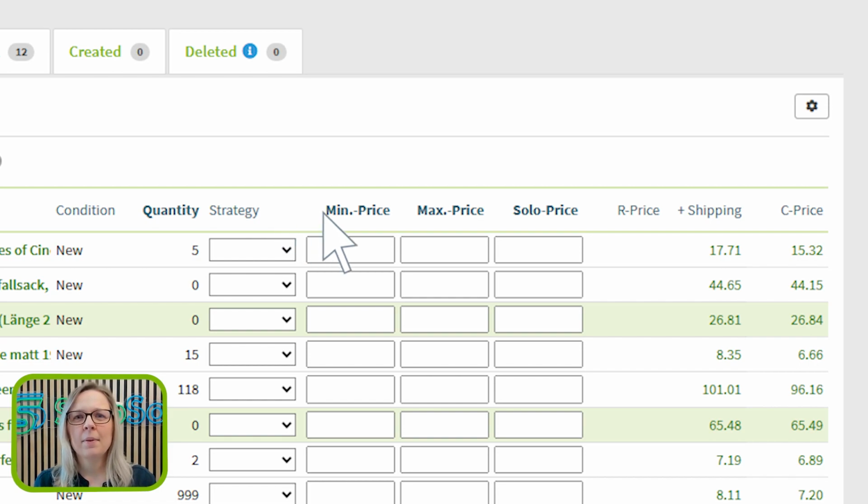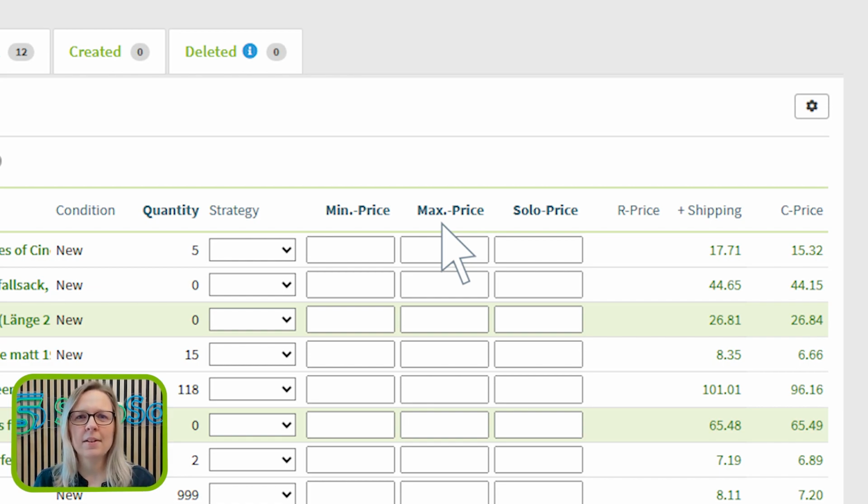It includes the minimum price, which is the lowest price you can set for items, the maximum price, which is the highest price that can be set for your items, and the solo price, which is an individual price for each item. The solo price is utilized when there is no competition and should be within the range of the minimum and maximum prices. If no solo price is set, SnapTrade automatically uses the maximum price for items without competition.